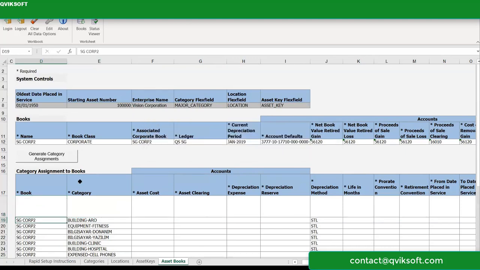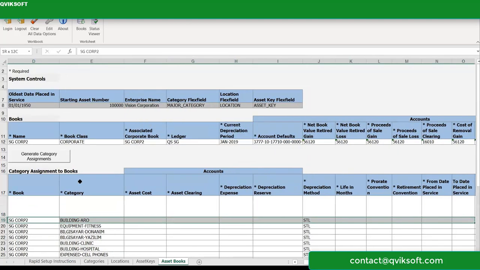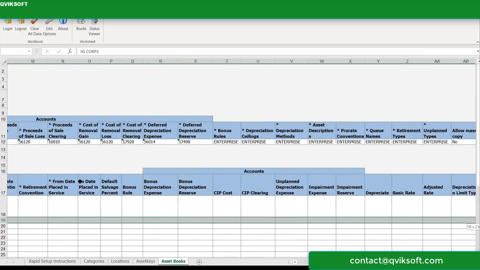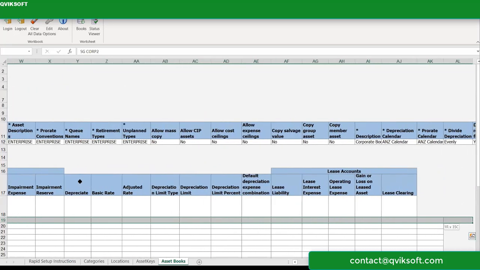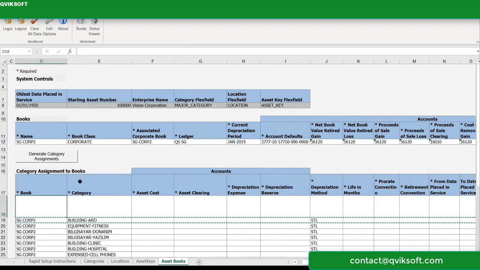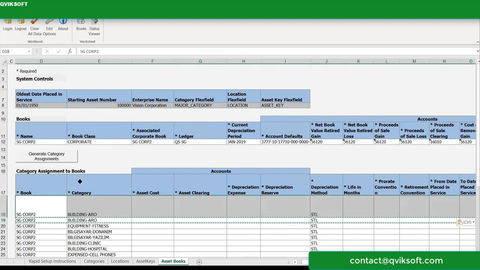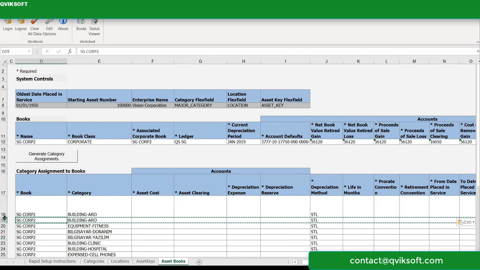Let me try to cut paste. Yeah, and then I can delete this line which I had.